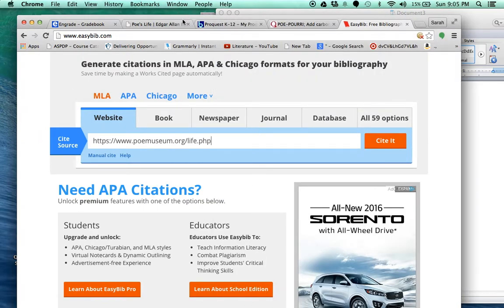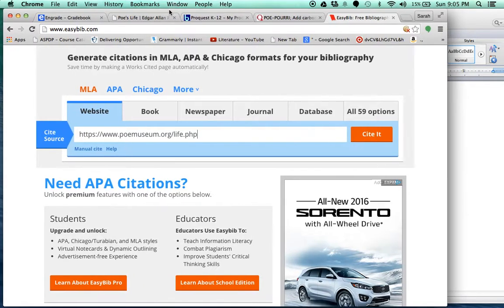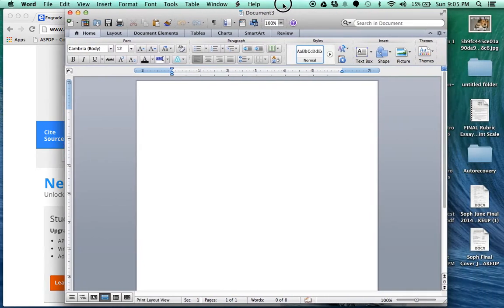I'm going to show you how to create an annotated bibliography using Microsoft Word on a Mac computer. If you have a Windows computer, Microsoft Word is pretty much the same, so this should work for both Mac and PC users. So the first thing you're going to do is open up a blank document in Microsoft Word